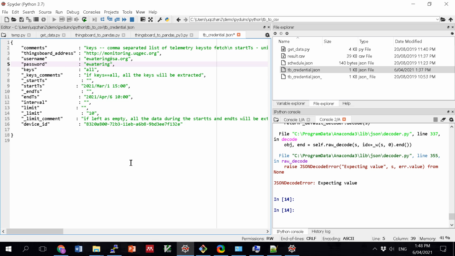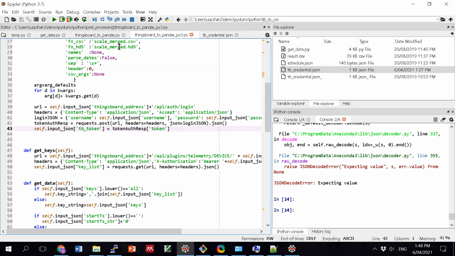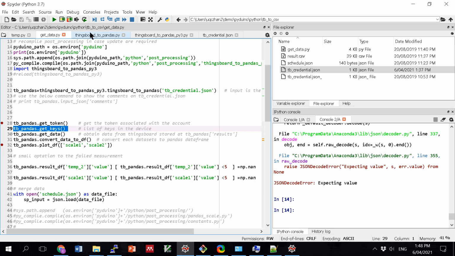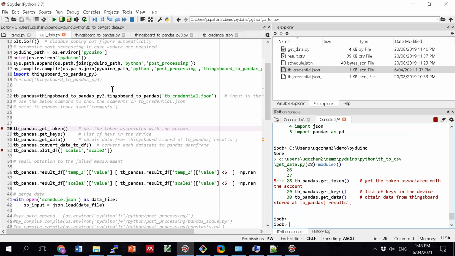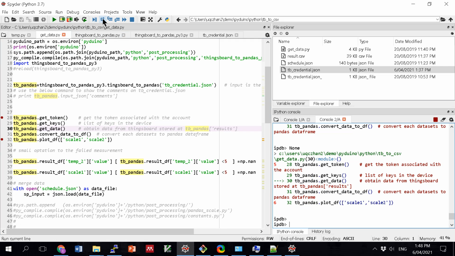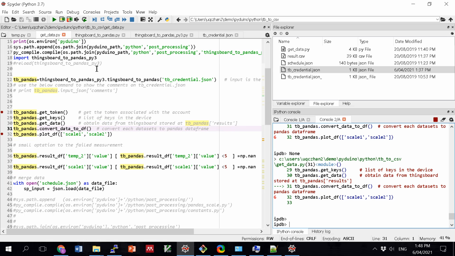Is that correct? So if I do that, then I'll be able to get keys and get data as well. Now, if I try to get keys and get data, I probably can